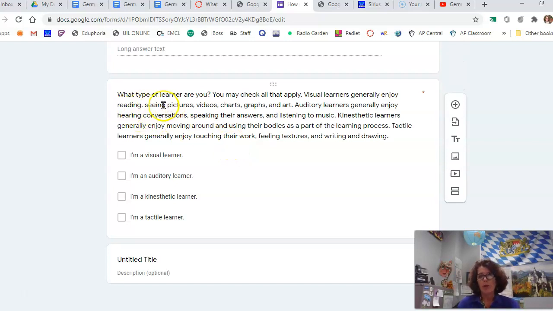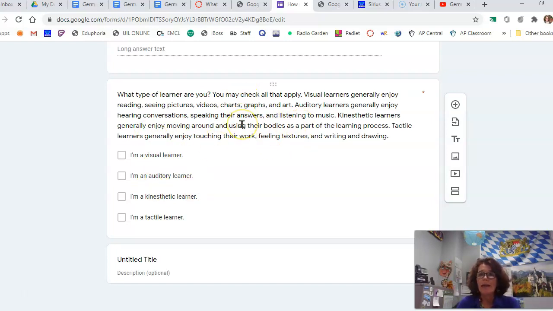And what type of learner are you? Some of you have kind of figured out, yes, it seems to work better if I show pictures or let you draw instead of do an online assignment. So I'd just like you to remind me, if you're a visual learner, those are the things you like to see, pictures and videos, charts, graphs. You learn well from those kinds of things. Auditory learners, you love to learn by listening to music, things like that.